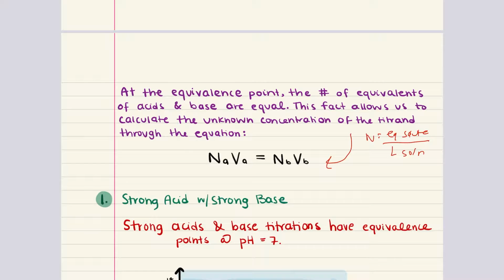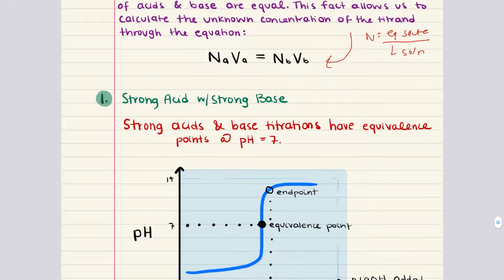The endpoint, however, is the point at which the indicator changes color, signaling that the titration should stop. Now, ideally, the endpoint should coincide with the equivalence point, but there can be slight differences, which can be minimized by choosing an appropriate indicator. To summarize, titration is a precise method used to determine the concentration of an unknown solution by reacting it with